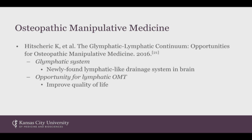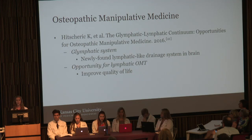In our patient's case, OMM relevant to lymphatic drainage may be used. The glymphatic system is a recently discovered lymphatic-like drainage system in the brain. It primarily clears cerebrospinal fluid and interstitial fluid from the brain. This is located within the Virchow-Robin space, which extends from the subarachnoid space and drains into the deep cervical lymph nodes of the neck. As a result, interstitial solutes, such as beta amyloid and tau, are also cleared by this